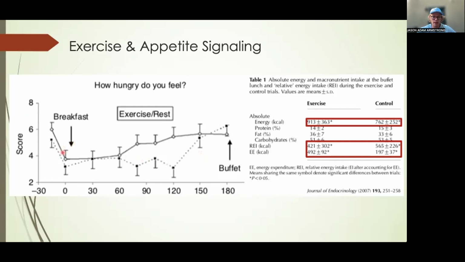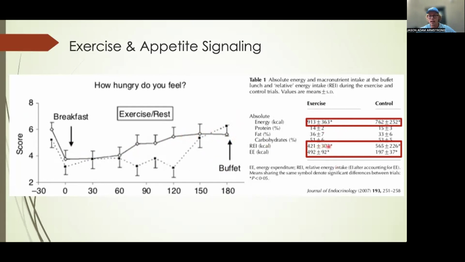They ate breakfast here, right? Then they exercise, right? Hunger goes up for the exercise group. But then when they actually ate, we see that the active group is becoming sated quicker. But when we look at absolute and relative levels, so in this right-hand side, right, when we look at absolute levels, right, the exercise group still ate more, significantly more. So that's what that asterisk means. They ate significantly more than the control group, but the